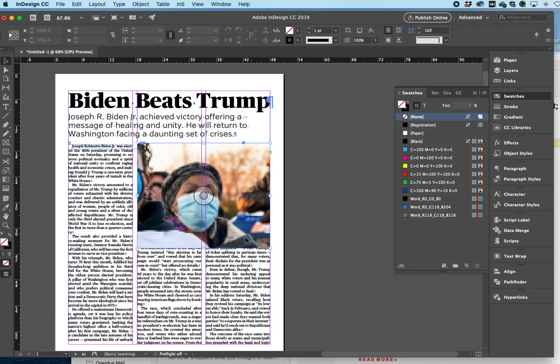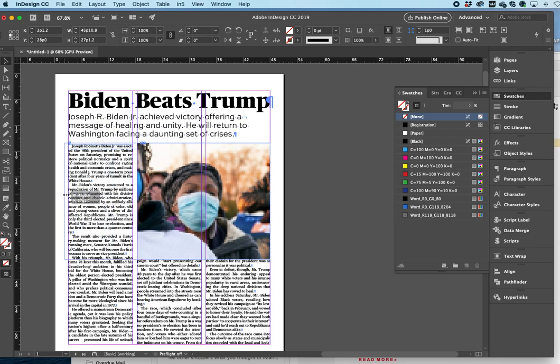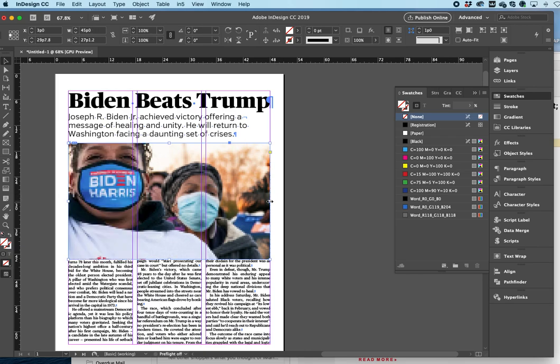So we could grab this box and make the box bigger, or we could even make it go all the way across. Or if this was a print project, we could even make it go off the page, and that's what's called a bleed, if it goes off the page. Most newspapers can't do that, but most magazines will bleed pictures occasionally. And if you see a full page ad, it's what's called bleeding off the page.